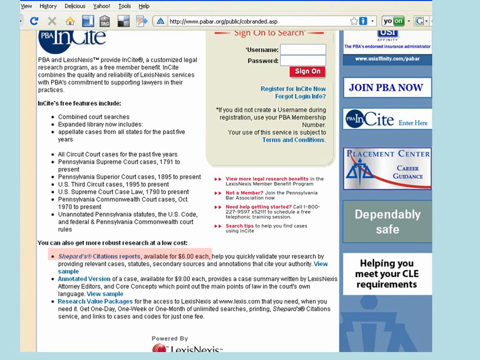One is for members of the Pennsylvania Bar Association. If you have a PA Bar membership, you'll have access to the Insight service provided by LexisNexis, which will give you cases and statutes as part of your subscription fee, and then also the ability to purchase Shepard citation reports for cases for $6 each,